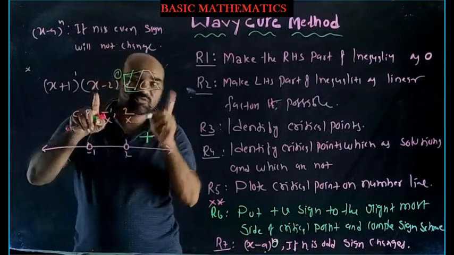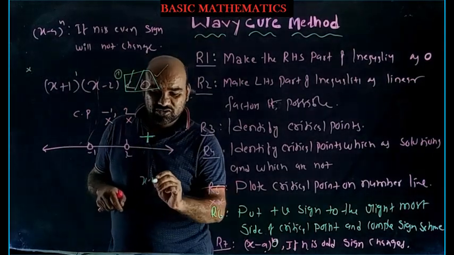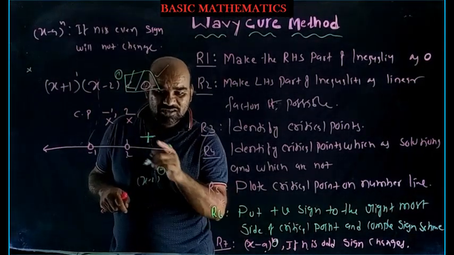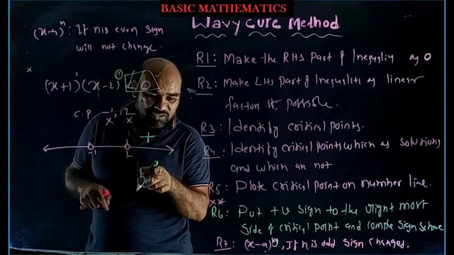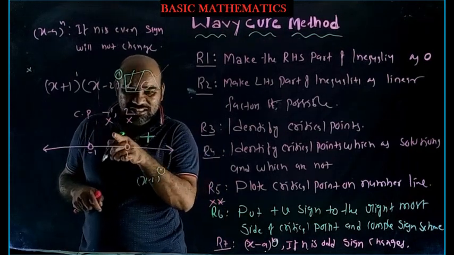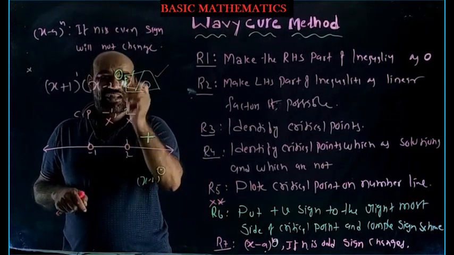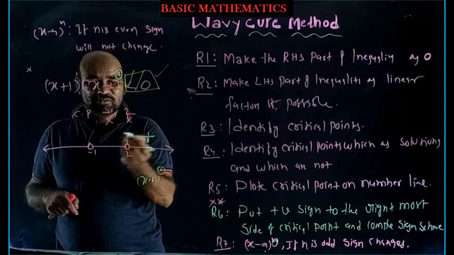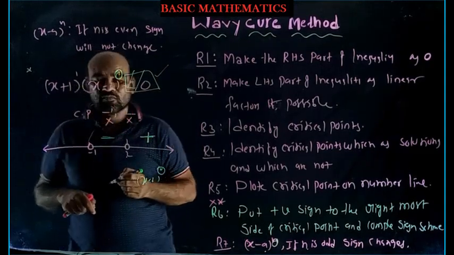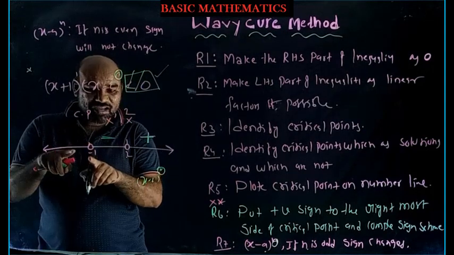Okay, the x minus 2 exponent. If the x minus 2 exponent is odd, the sign will change. If the exponent is even, the sign won't change; the sign will carry, plus to plus. But here it is an odd number, so the sign will change, plus becomes minus. So what happens to this sign depends upon the x plus 1 exponent.